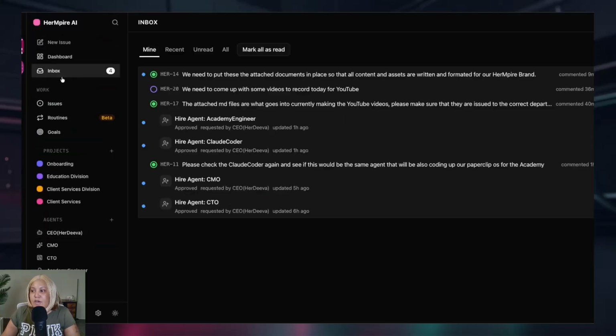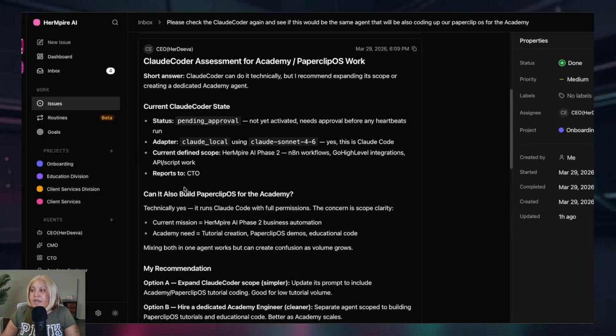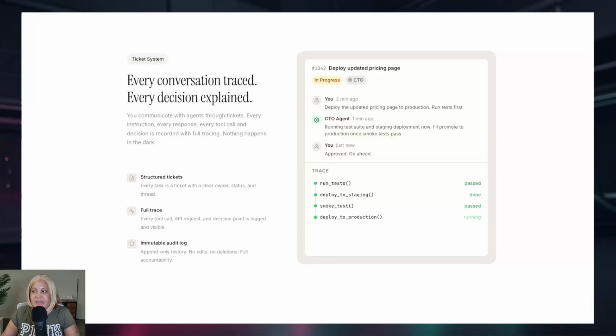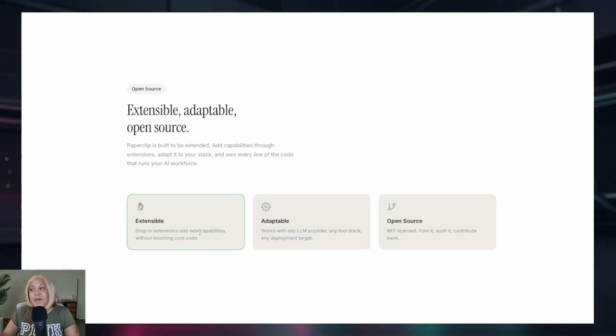So if we go over here and go back to my inbox, I can actually see everything that took place. So my Claude Coder, I can go in here and I can see everything that happened. And I can even leave comments and everything if I don't approve of something in the company, because I'm the board and I'm talking to the CEO, which is my AI chief of staff, basically. You'll see me build that in another video, but I just transferred that over into Paperclip to be able to see it at a different level, because it does get confusing when you have 20 tabs all over the